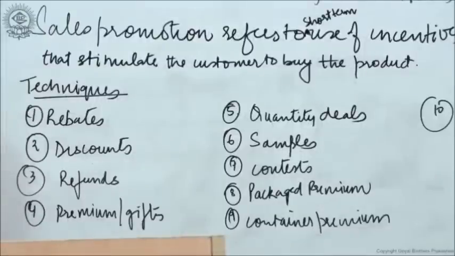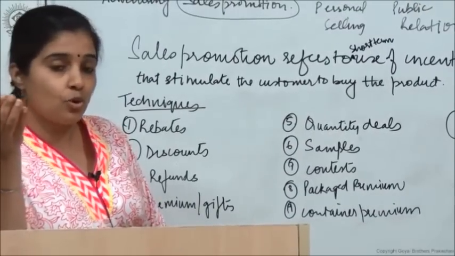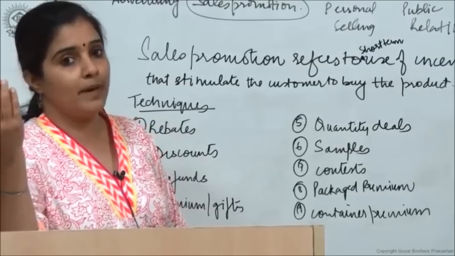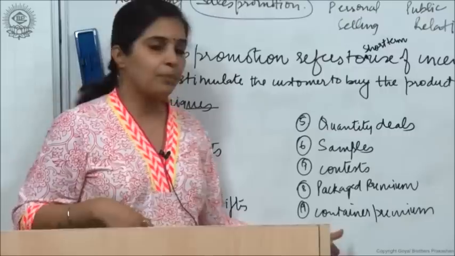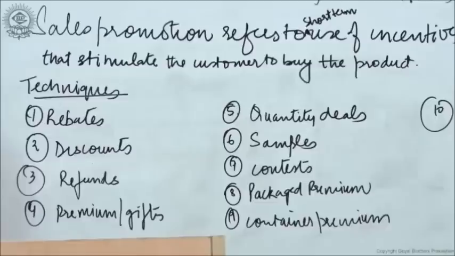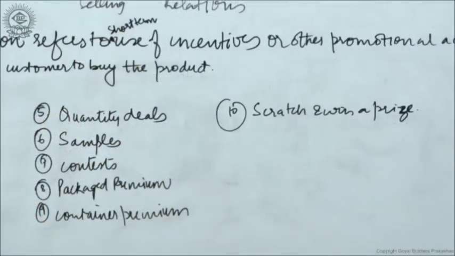Then packaged premium. Some time back a scheme was launched where if you buy a soap, in some one soap you will get a gold pendant, right. So people immediately started to buy the soap cakes of that particular brand, thinking that maybe I'm the lucky one and I find that gold pendant, right. Then container premium, sometimes you get this, like let's say Bournvita, they come in these glass jars which can be reused, so that is also quite an attraction for the customers, right.